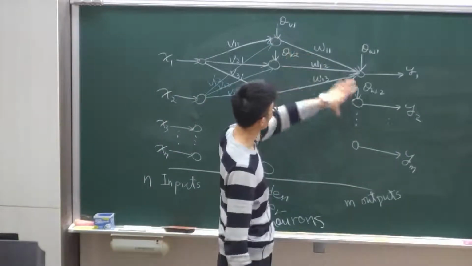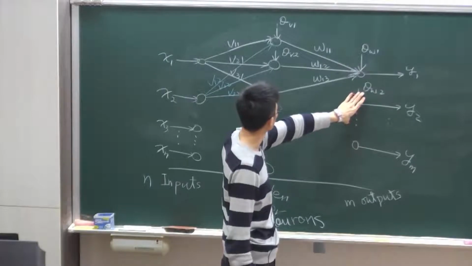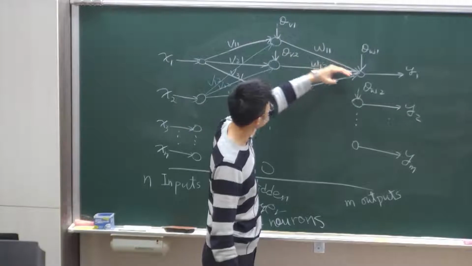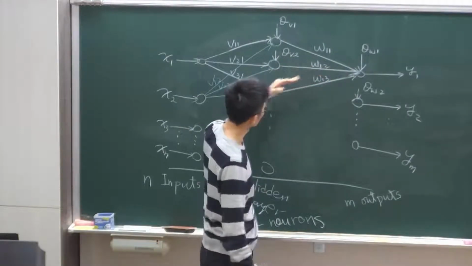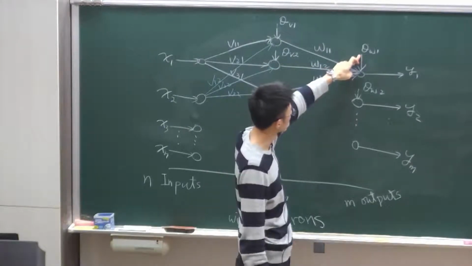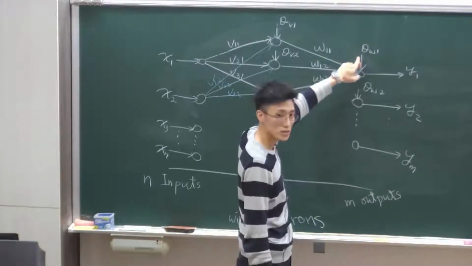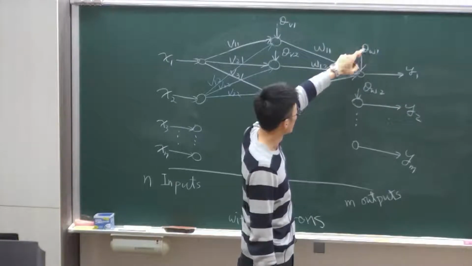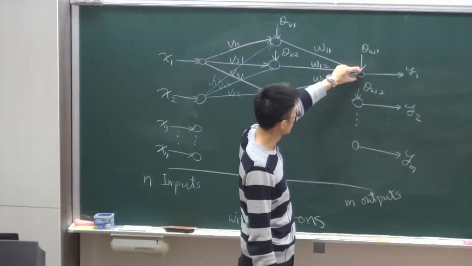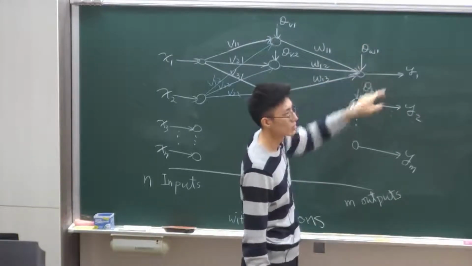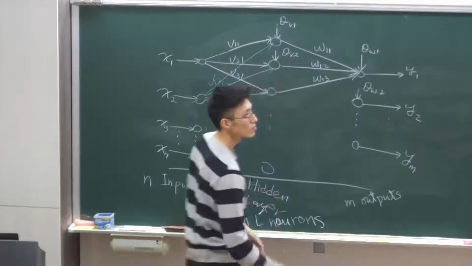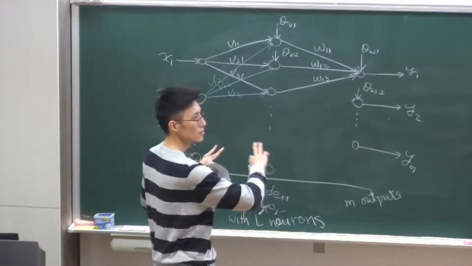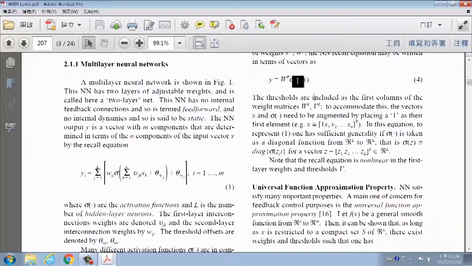From the hidden layer to the upper layer, the operation is similar. We have inputs from different neurons, and another input from the offset, which is again another weighting to be estimated. We combine those, put them into the neurons, and that generates the output. So now what we're trying to do is